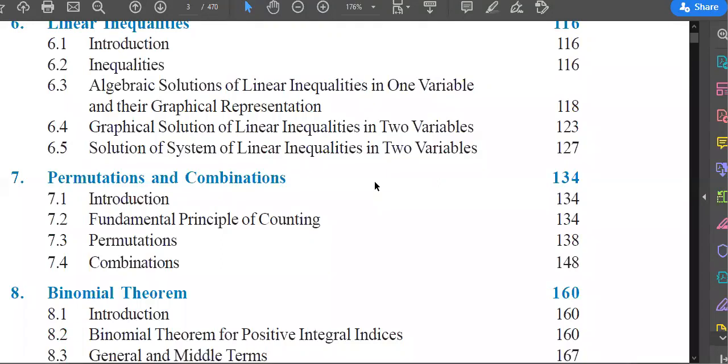After permutation combination, we will give a break to maths and we will do physics. Or you want me to do physics next after this chapter? Or should I start permutation combination? Tell me. Physics. Okay then, so we will start physics. Most of you are saying physics. So we will revise some chapters of class 9, obviously of higher grade.